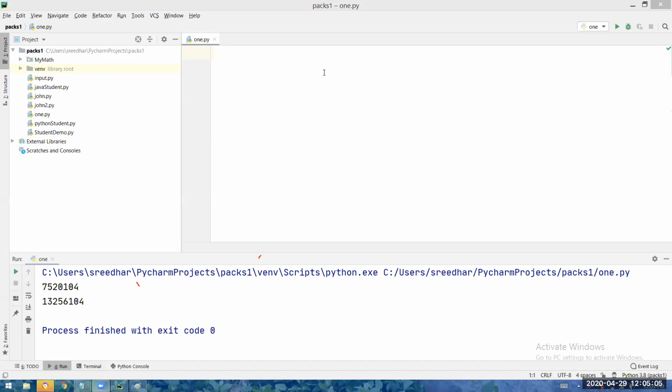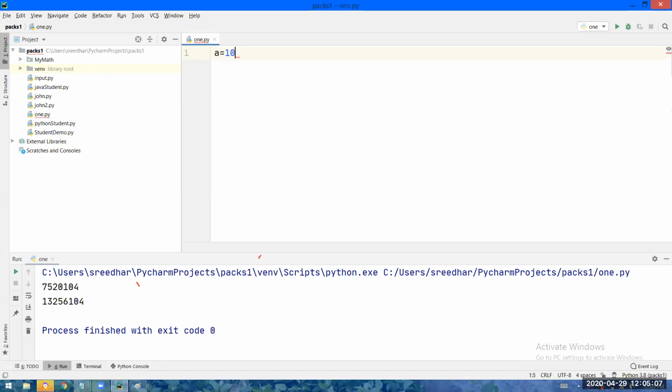See, this is not a database, right? This is a normal value. Database is different and this is different. This is after all a variable. While dealing with the variables, this is the behavior I'm telling. Okay.